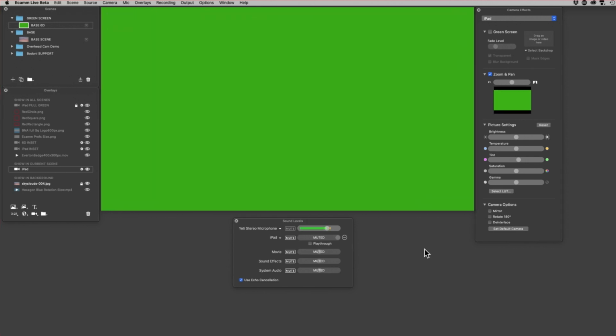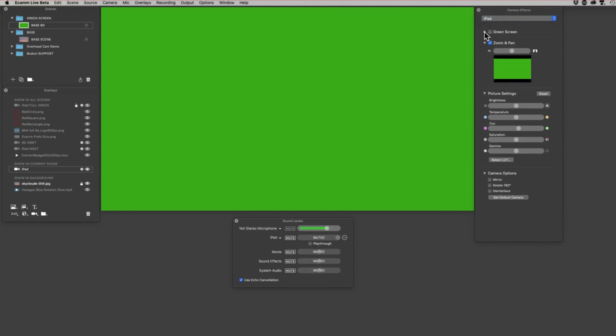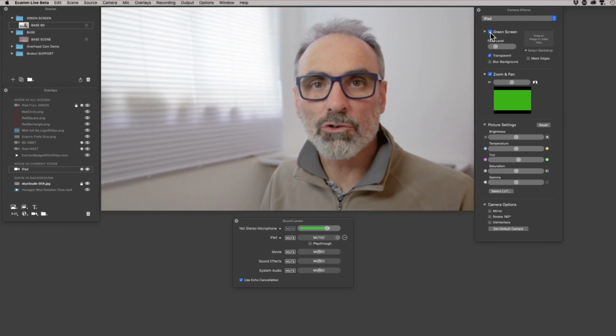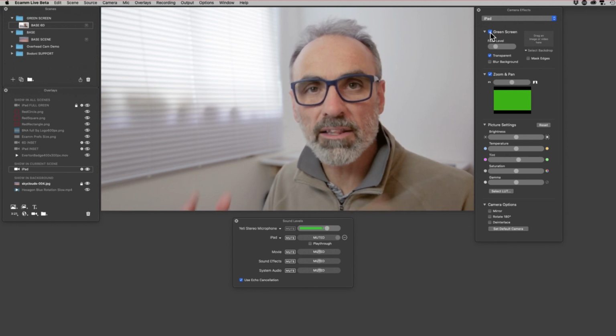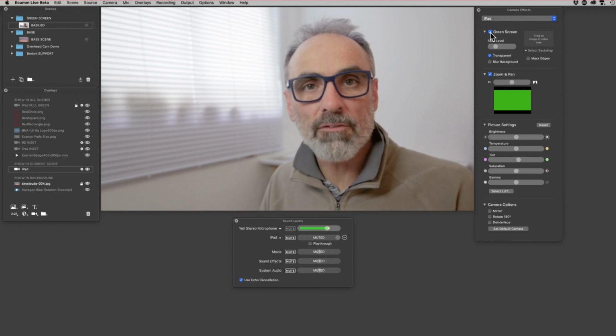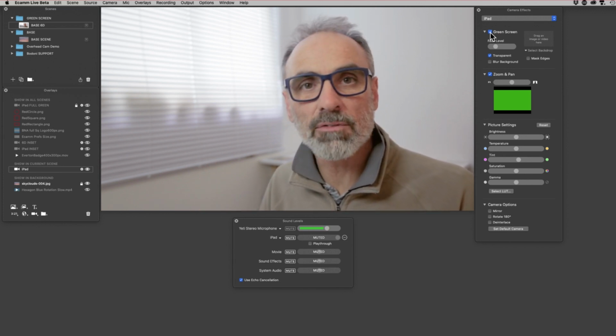From here, you'll want to be able to turn on the transparency effect for that green screen, as this is really the whole point of the exercise. So we do that by going up to the camera effects window, and the drop down button here might list a different camera. If it does, just select your iPad, and then below that there's another drop down box with a chevron. Make sure you open that up and click on green screen, and that makes your green screen become completely transparent. And in this case, as you see, you can see straight through that green screen to me or whatever is on the background of your canvas.